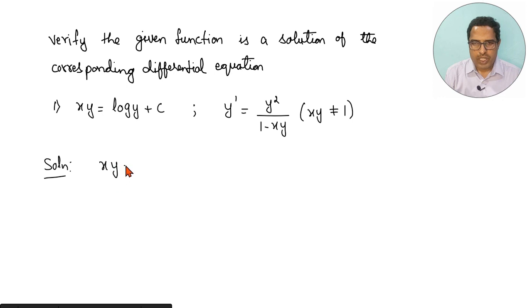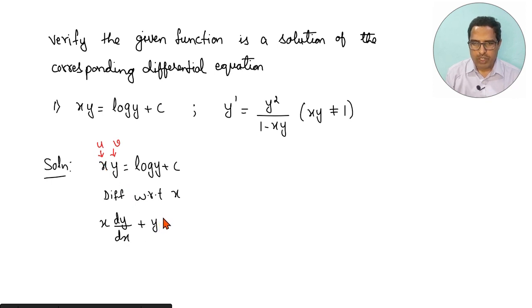It is given that xy equals log of y plus c. Let us try to differentiate this with respect to x. Since you have the product of two functions, we can take the first as u, the next as v. So we'll use the product rule over here, u into v dash. Differentiation of y with respect to x will be dy by dx, u into v dash plus v into